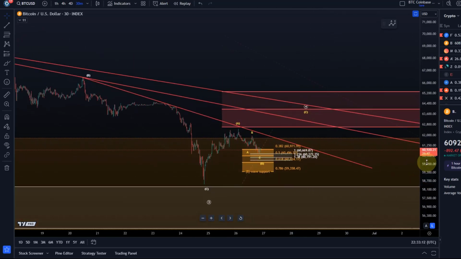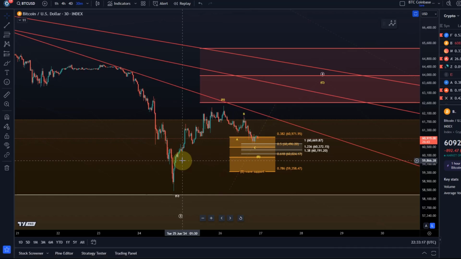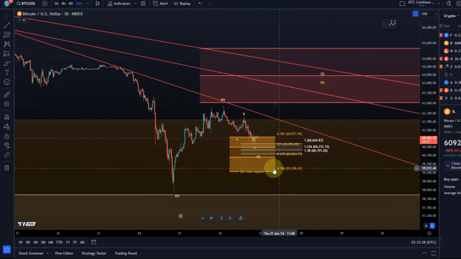At the moment, what is important is this micro support area. We talked about that in the previous video for sure. Not sure about that target zone, however. But the micro support area, B wave support for the yellow B wave here, is defined between 59,358 and 60,971. And I'm going to watch for further short-term upside continuation in this wave 4 before breaking down, as long as we're holding above